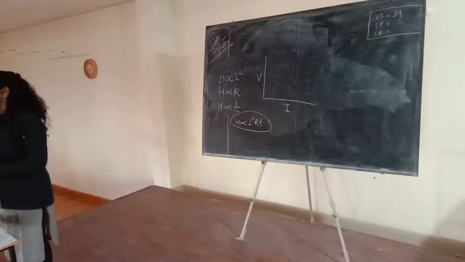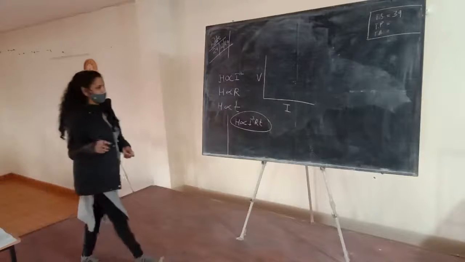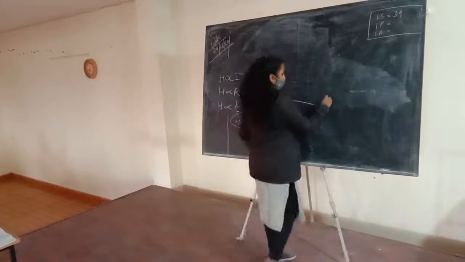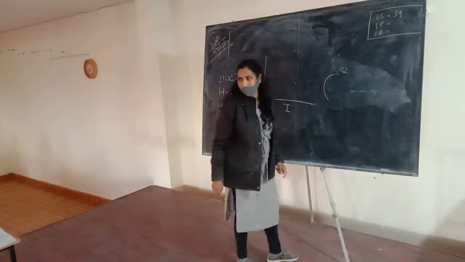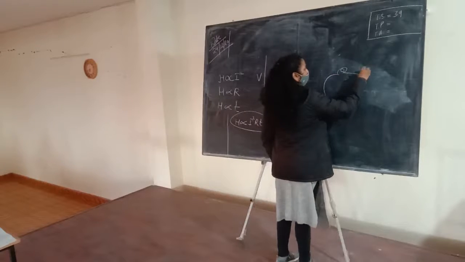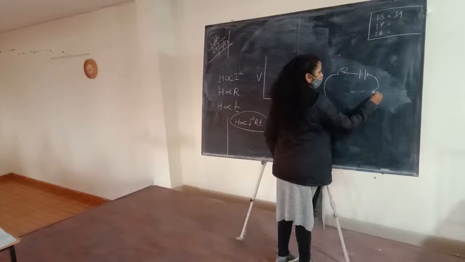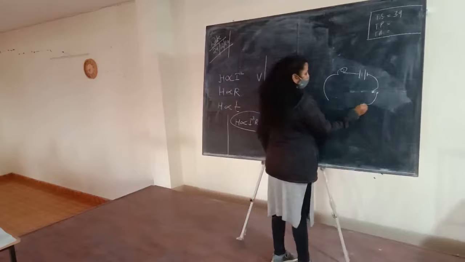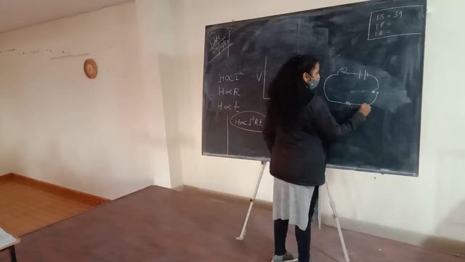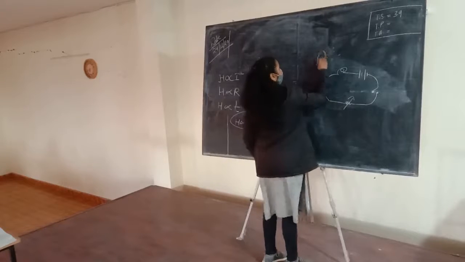I think we don't do Ohm's law in your practicals. Actually, what we do in our practical, we use a resistance wire here. I am making this bulb like a resistance wire, and this is a battery, and this is a key, and it's also a rheostat. You know the rheostat? I think I explained it to you. It looks like this one.